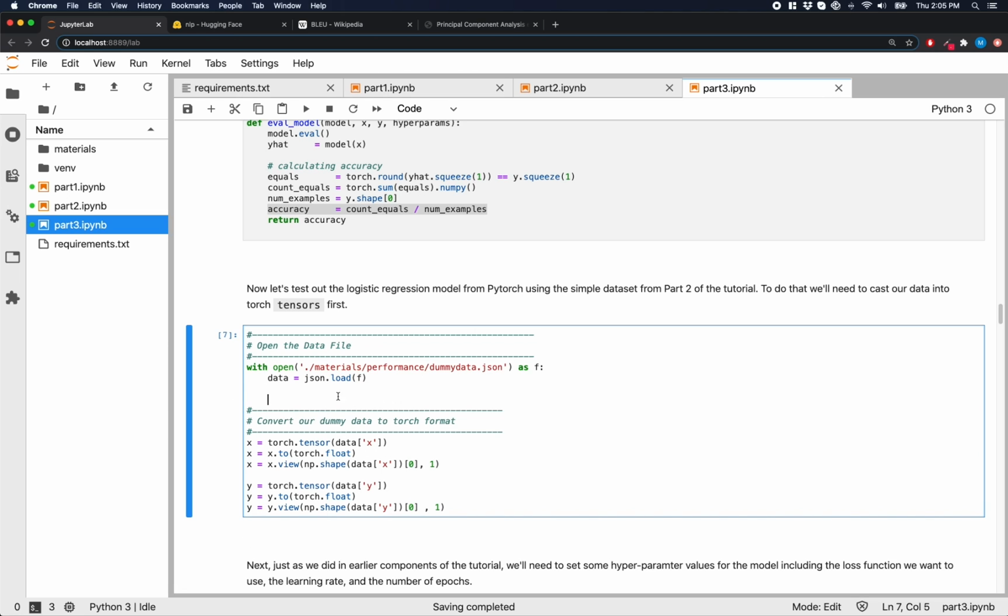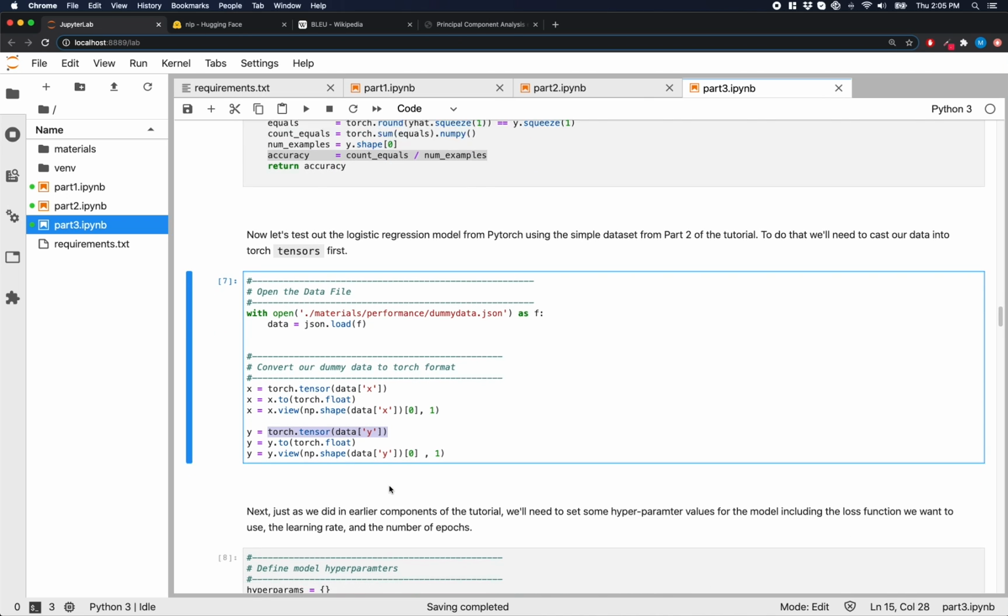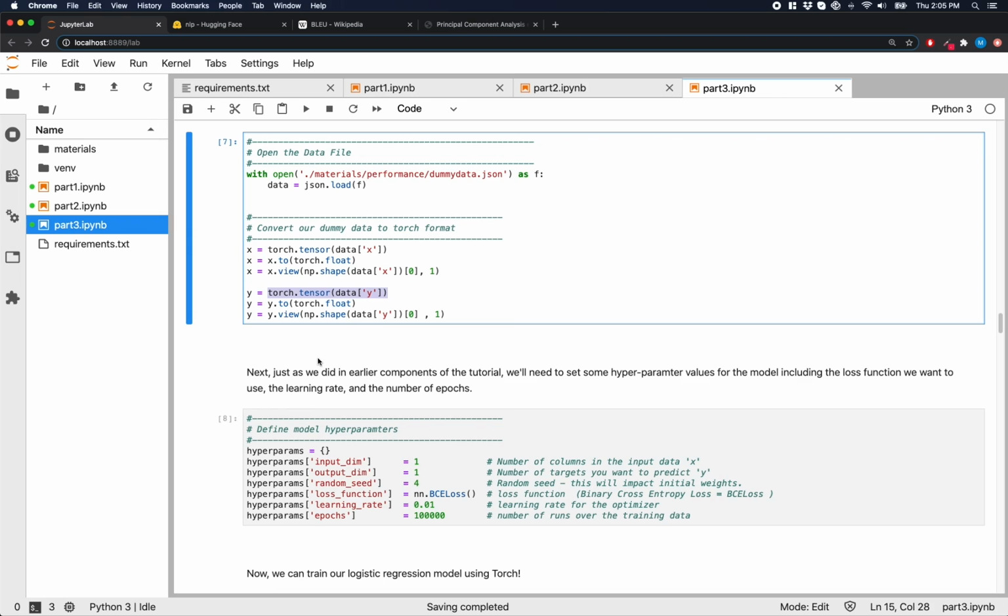So I've included an example here. I took the exact same dummy data set that we used earlier in the tutorial, and I've shown you how I'm going to cast x and y into the correct tensor objects that are needed to go about training the logistic regression. Now remember, we have hyperparameters for neural networks, just like we had hyperparameters when we were doing